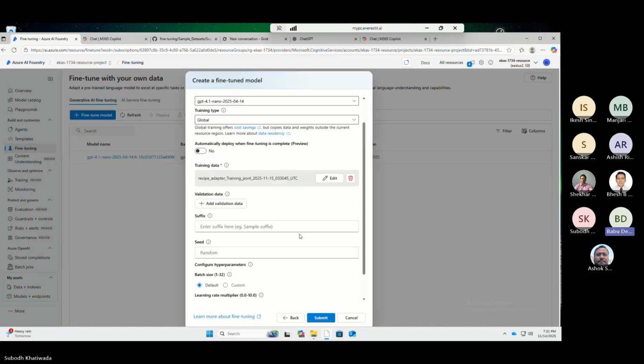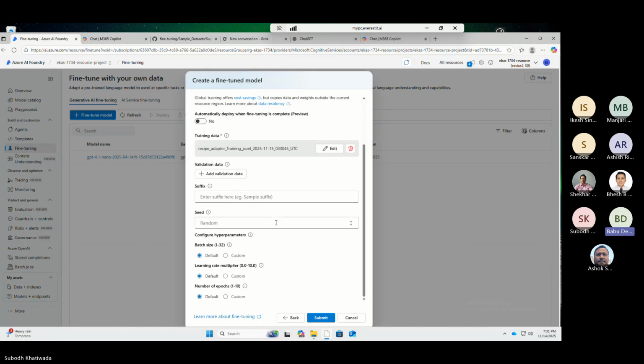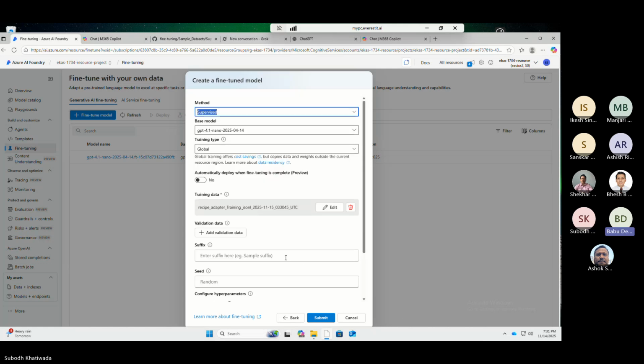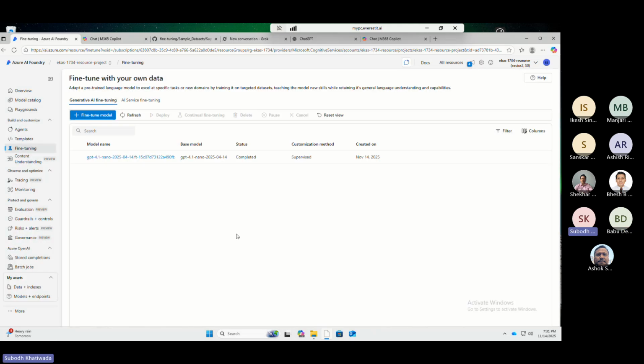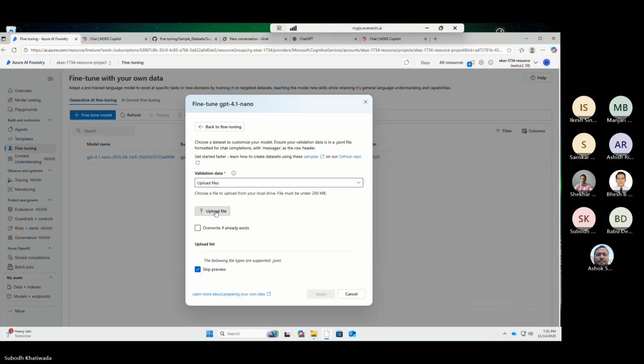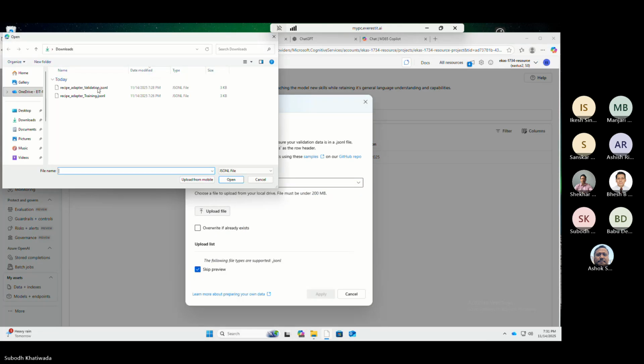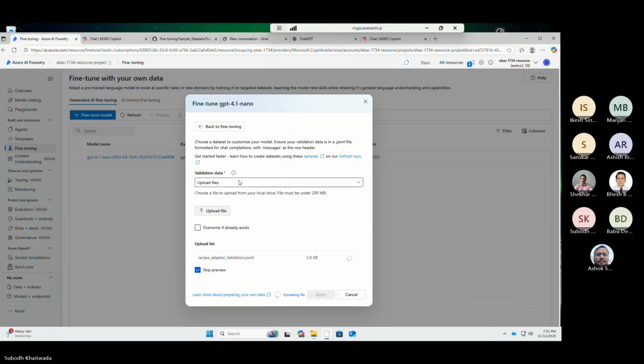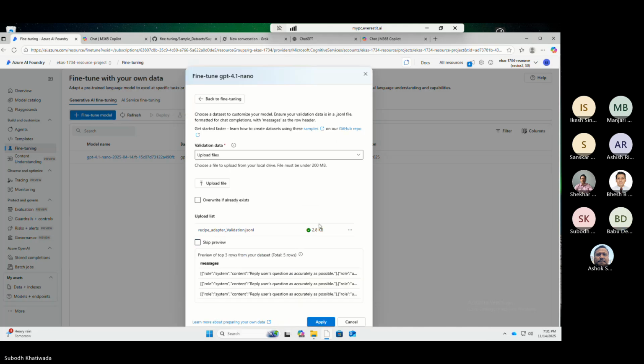अब तपाईँको भ्यालिडेसन डेटा पनि त्यसरी नै अपलोड गर्नु पऱ्यो नि। अरू केही चेन्ज नगर्नु भनेको थियो होइन। भ्यालिडेसन डेटा अपलोड गर्नु पऱ्यो नि, त्यहाँ एड भ्यालिडेसन डेटा ड्रप डाउन, अपलोड फाइल, भ्यालिडेसन। त्यो स्किप प्रिभ्यू गरेर हेर्दा एकचोटि, यसलाई पनि अप्लाई गर्नु।